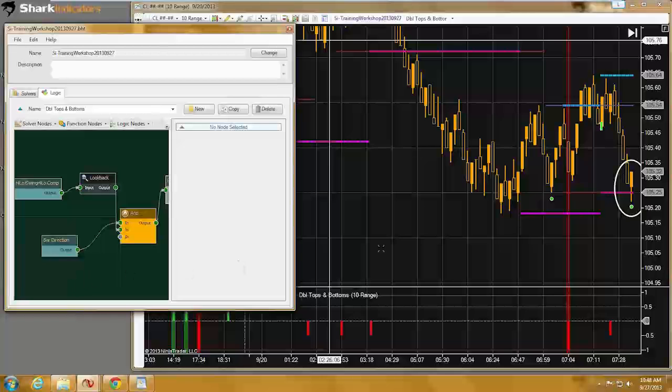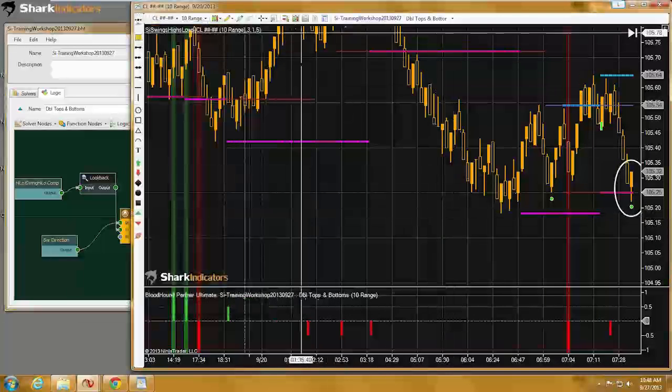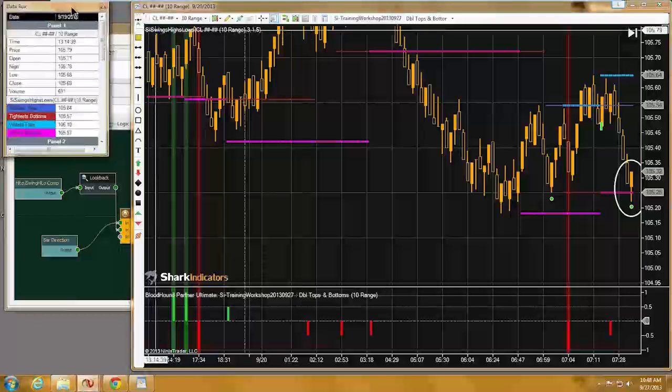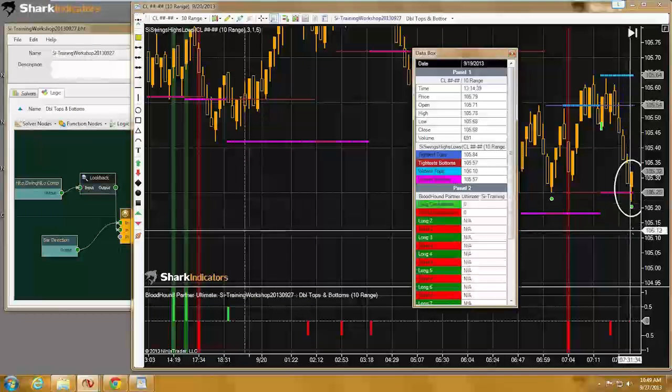One thing I noticed about oil that you don't see with the data box. Actually, let me pull up the data box and see if it does show it. Where is it? There we go. So I pull the data box up and I can see the low price. Yeah, the data box shows the low price at